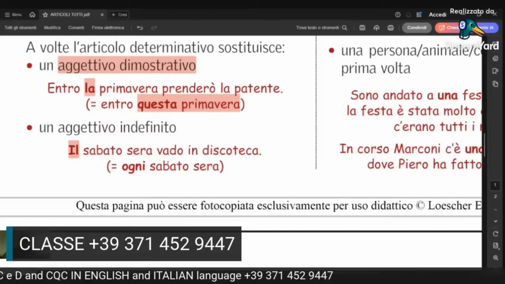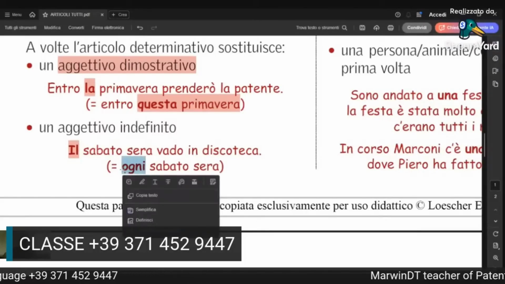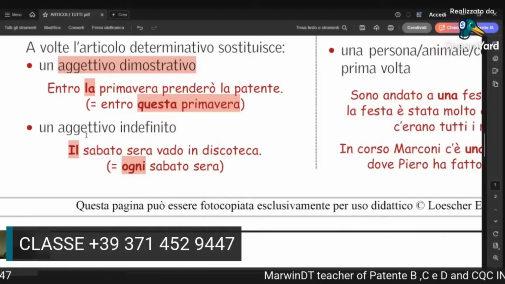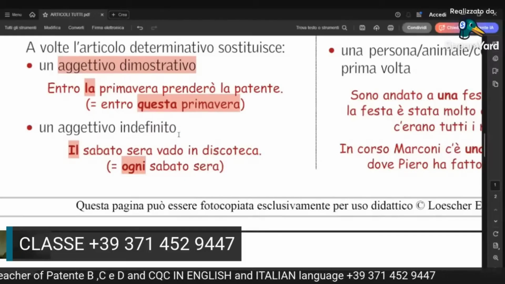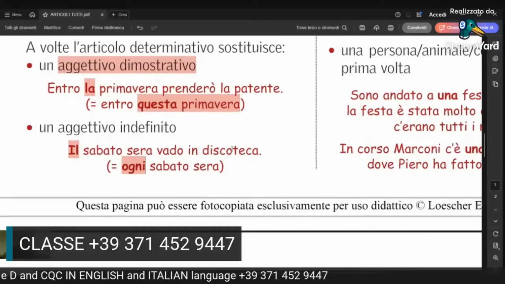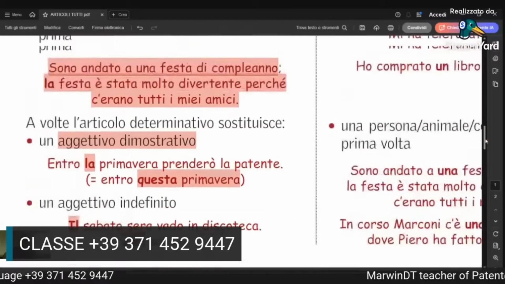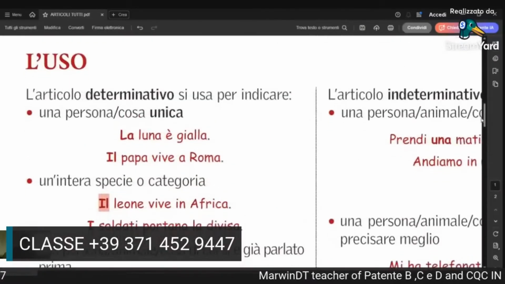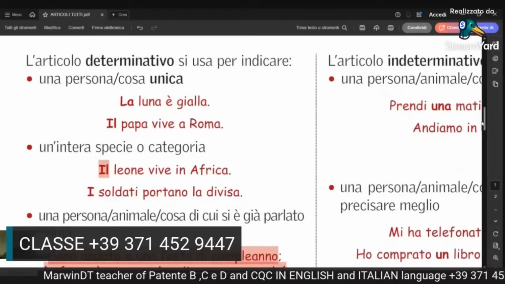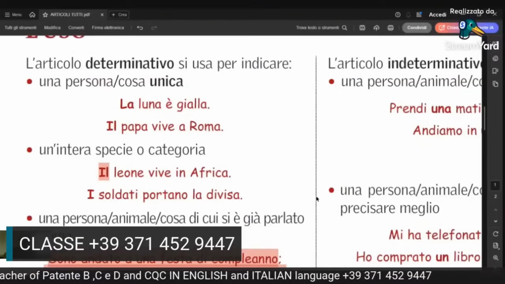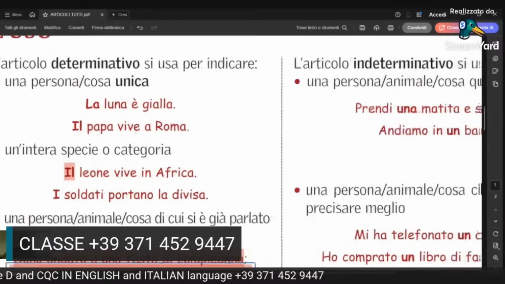Okay? Then it says ogni sabato sera. So the word ogni is the aggettivo indefinito, meaning every Saturday night. Ogni, every Saturday night. Very good. Do not forget this was the articolo determinativo that we were dealing with, the examples of how it is being used. Now let's shift to the articolo indeterminativo,